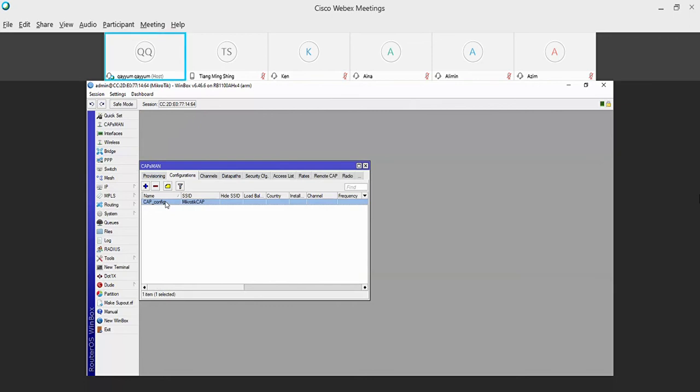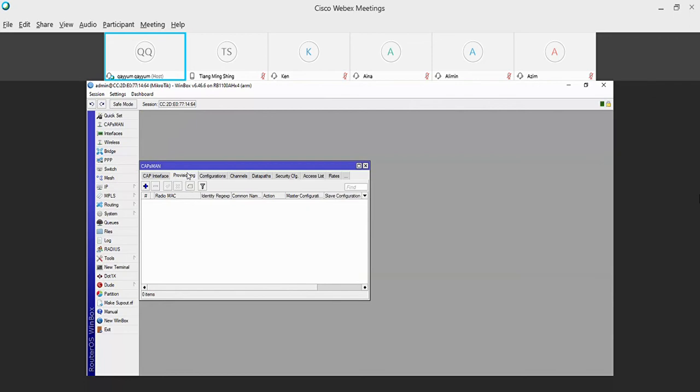Once your CAP is connected, it will be applied with this configuration. The next one is you need to enable the provisioning setting. This provisioning setting is for this manager to detect the CAP and take over the CAP as the slave.